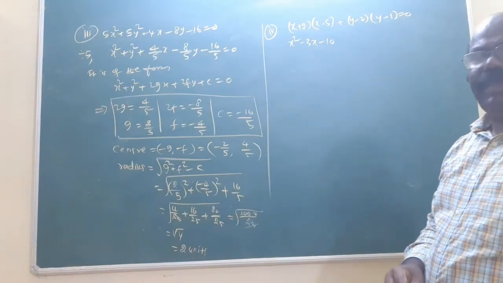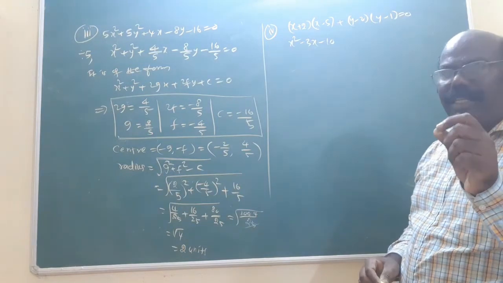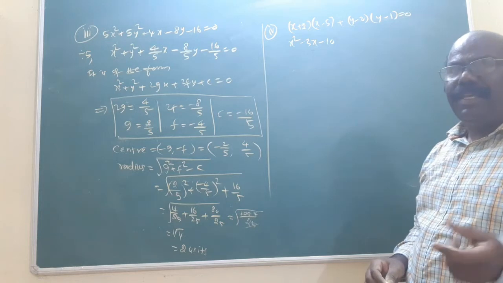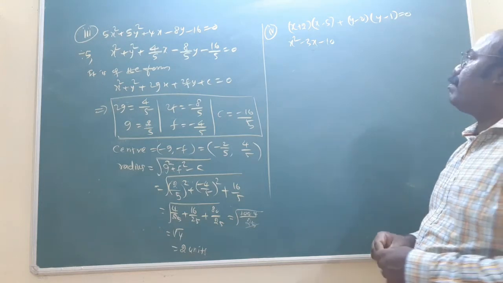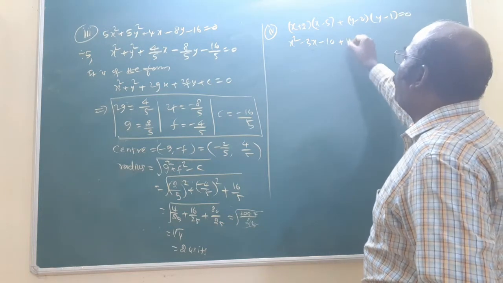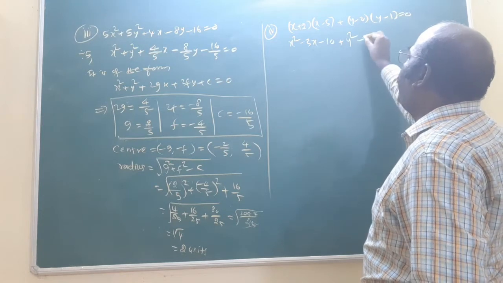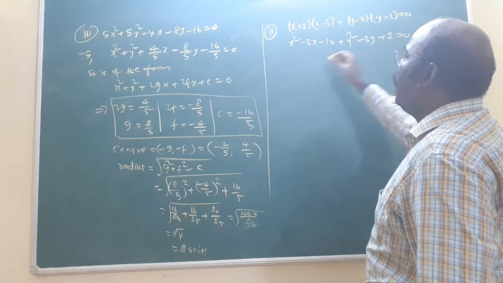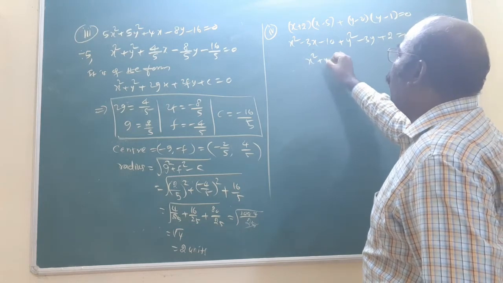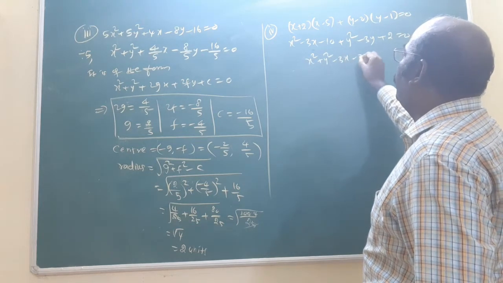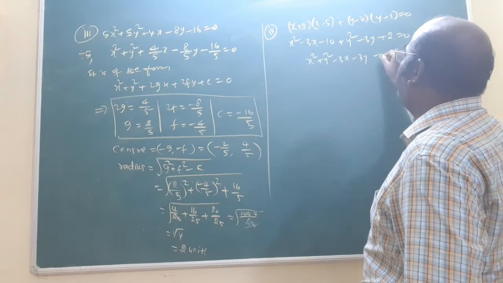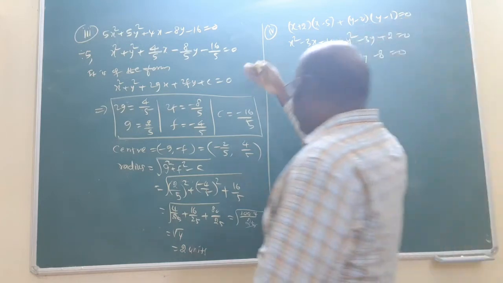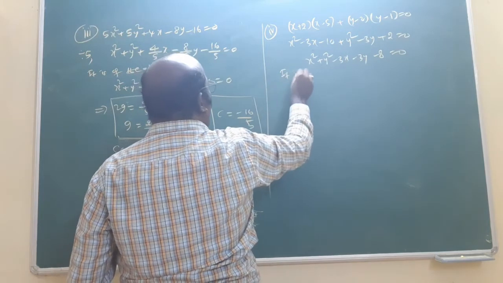First term with first term, x square. Adding both the numbers into x. Then multiply. That's all. Similarly here y into y, y square. Adding both the numbers, minus 3y. Multiply both the numbers, plus 2. Now write in order: x square term, y square term, x term, y term, the number term is minus 8, equal to 0. Okay? Now the thing is here, it is of the form